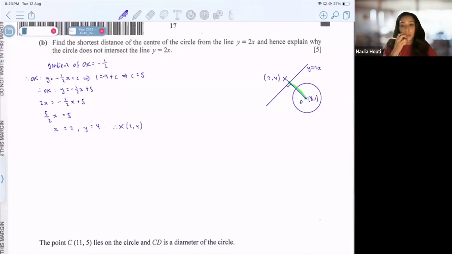Okay, this is still not the final answer, but it's going to help us find the final answer. So the shortest distance of the center of the circle to this x will just be the distance between the two sets of coordinates. So recall,